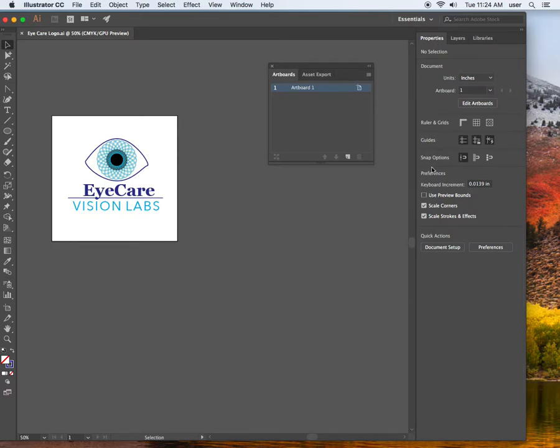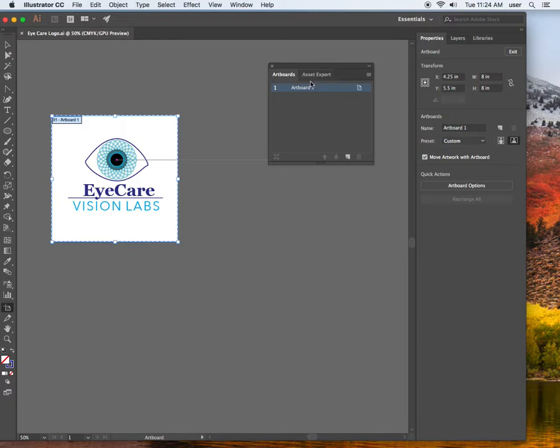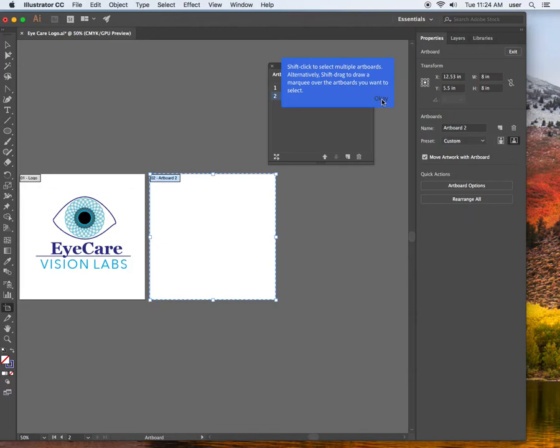Okay, and also you'll have some properties here inside the properties palette. But with our artboard tool and the artboards palette, you can name it inside here or you can name it over here. I'm going to name the first artboard right here. We're going to name this logo, and then we're going to create a new artboard. And okay, and then we'll name this, I'll just say B card,